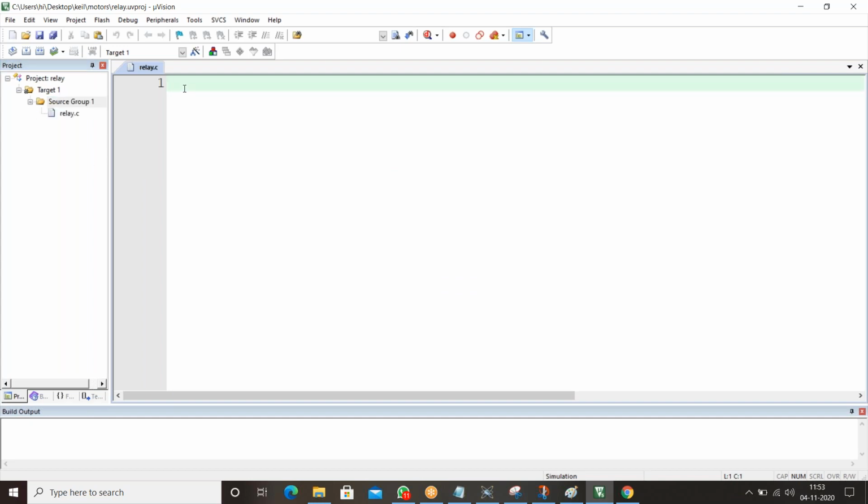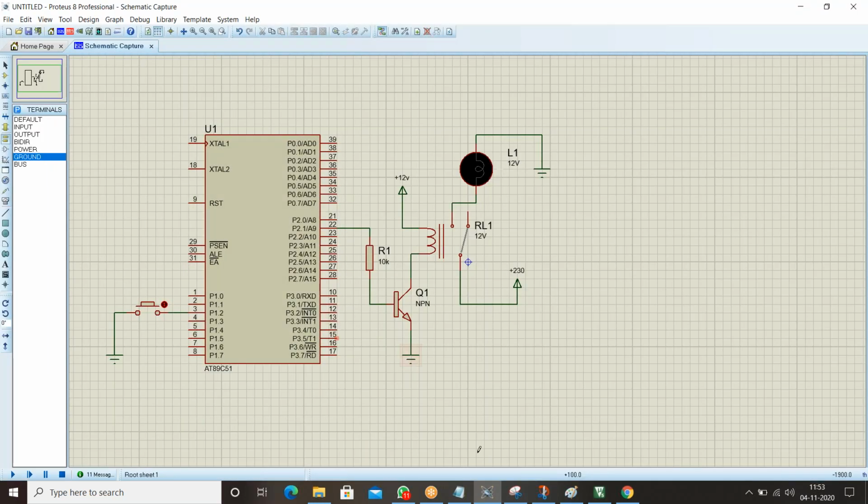Very small program, guys. Hash include, this is our header file, reg51.h. Sbit button is connected to port 1. Which pin have I taken here? Port 1, pin 2.